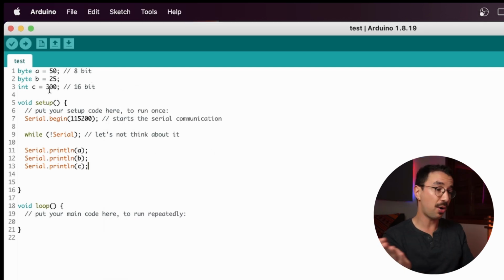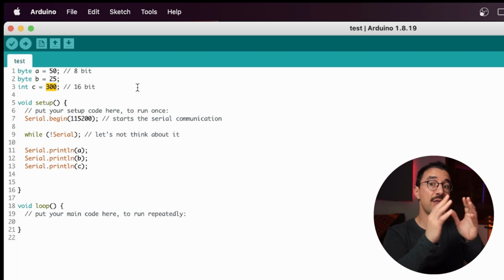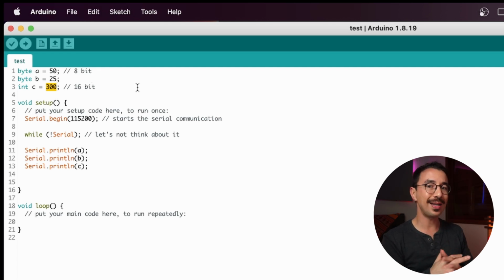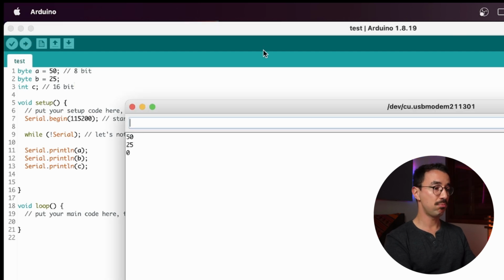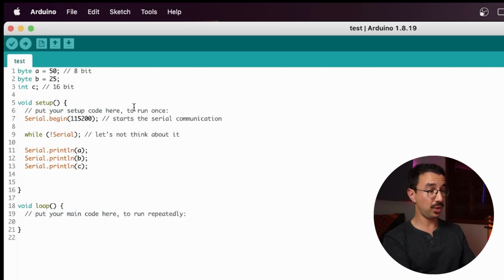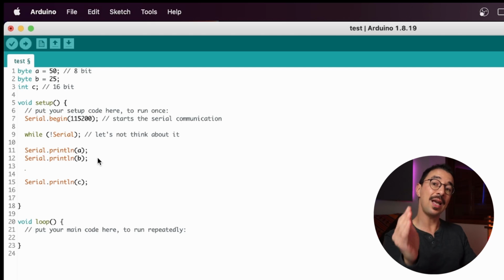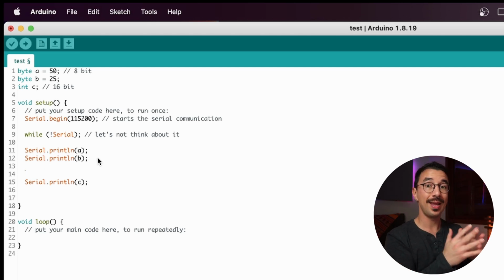And something we can do here are math problems. So for example, I can start a variable without actually telling the Arduino what is stored inside it. So for example, I can just start variable C, integer C, and if I just print that, let's see what we get, 0. Let's see if we upload again. Okay, we got 0, but this is basically garbage, it can be anything. So here in the setup, we can now tell what we want to store in this variable.